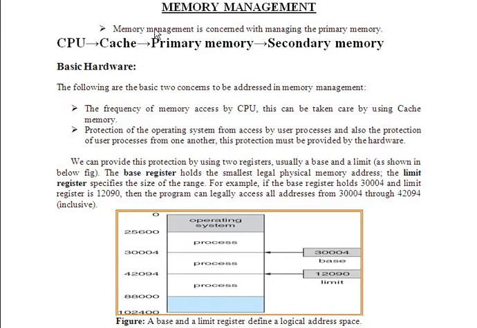As I told, we have to concentrate on primary memory right now rather than other memories, because we have to properly utilize the primary memory space in a better and efficient way. To do this, we should have basic hardware support, and we will see those things now. With respect to memory management, two issues are there. One is the frequency of memory access by CPU.